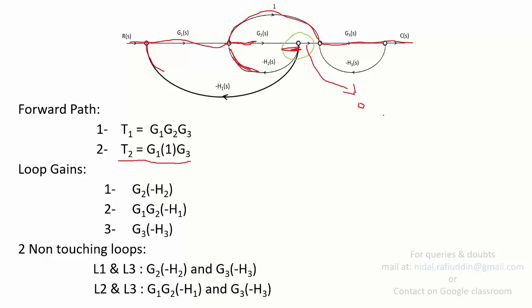And if you're asked to find the value of delta for this particular node, applying the same formula, this will be 1 minus, since this is only a single node, nothing else, no loop, and hence this becomes 0, and we call this delta 2. So this is how we obtain delta 1 and delta 2.